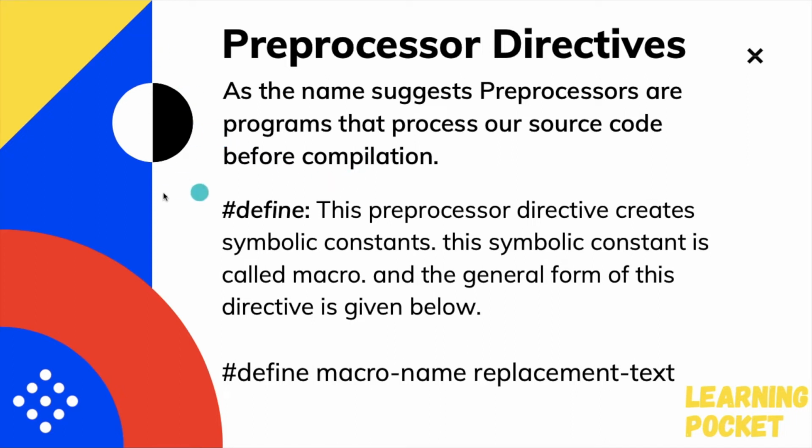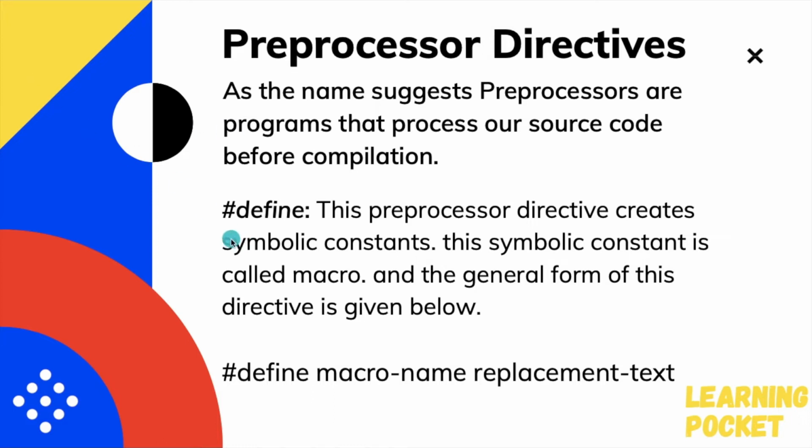You must have seen the hash symbol while we were including the header files. That hash symbol is called a preprocessor directive. Before the compilation, whatever the preprocessor directive is associated with, that particular statement is executed, or you can say is opened up. And what do I mean by opened up? I'm going to show you right now.